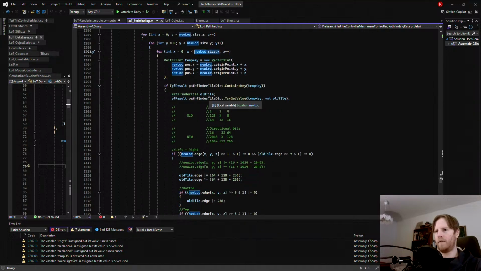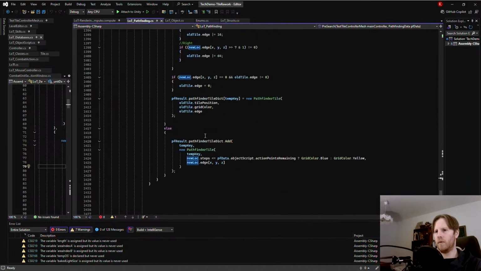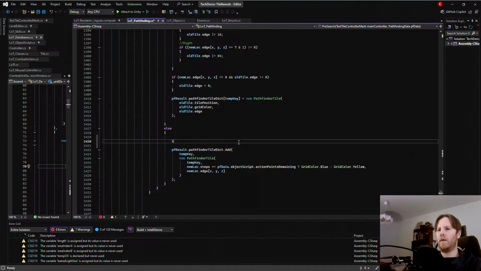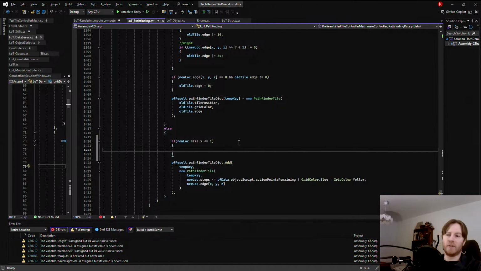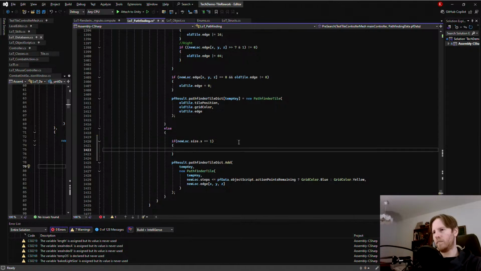So I feel like we have to do, here, if new lock.x.size x is less than or equal in size to 1. I mean, it doesn't make any sense for it to be 0. So this is only if it's 1, really. Then